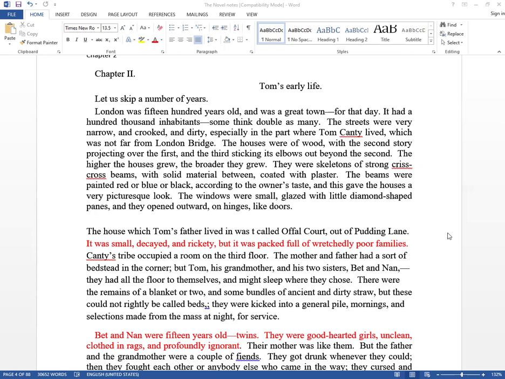Tom's small house is situated on the third story of the large house Awful Court. Full stop. Tom's one, O-N-E, one-roomed, R-O-O-M-E-D, house